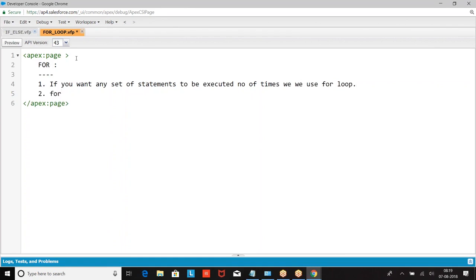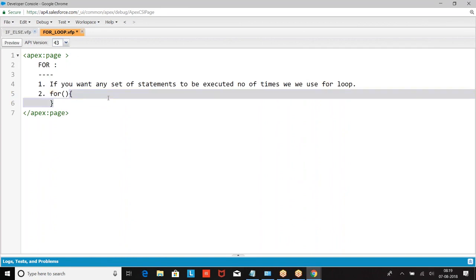If I write for, what does it mean? What is the meaning of this? It is the scope of for. If the condition is true, this will run. The scope will run when the condition is true.